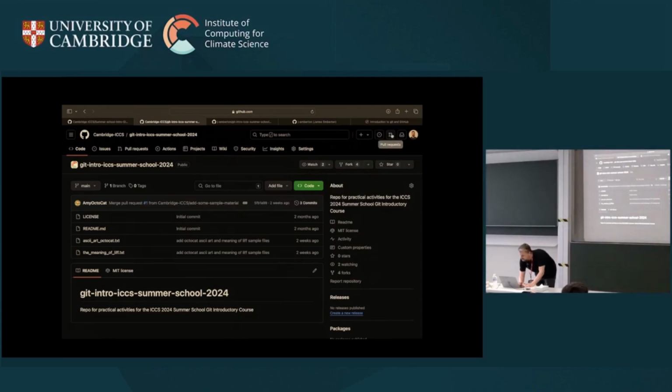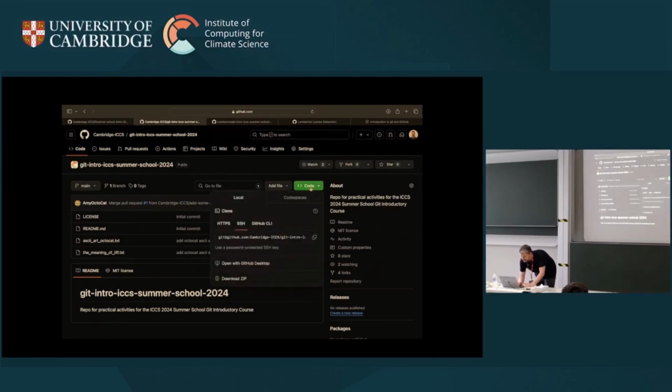When you go to code, the green button. Yes, sorry, that one. Yeah. Thank you, Marion. Yes, so,